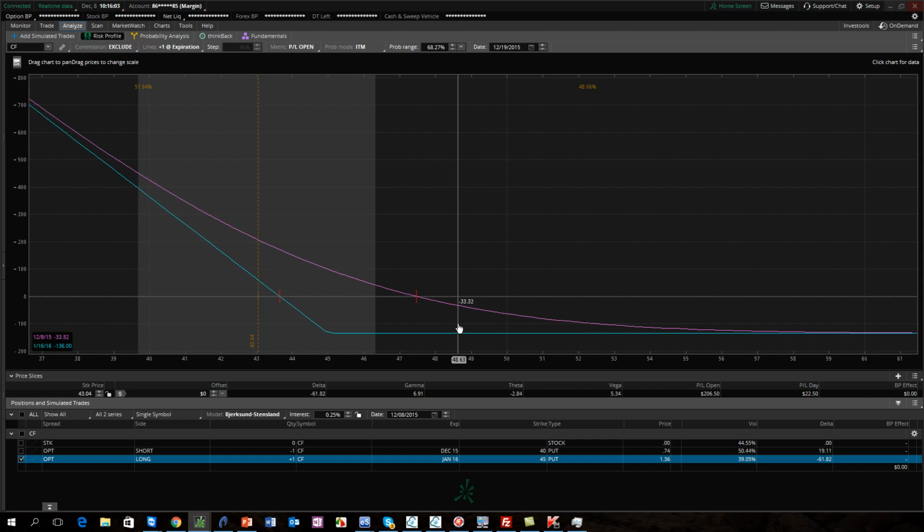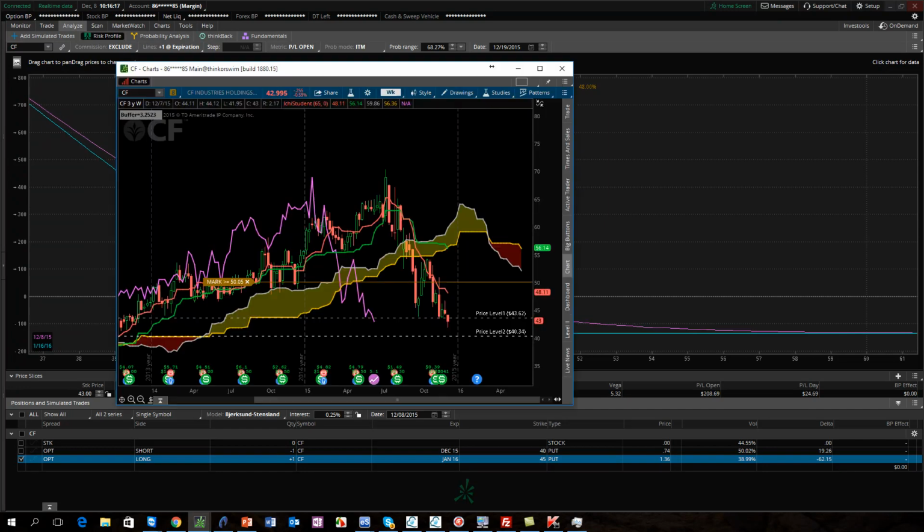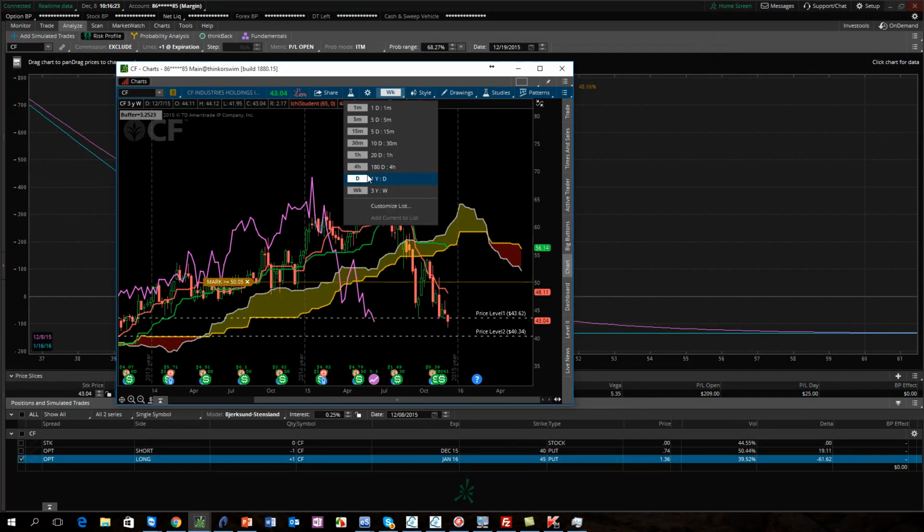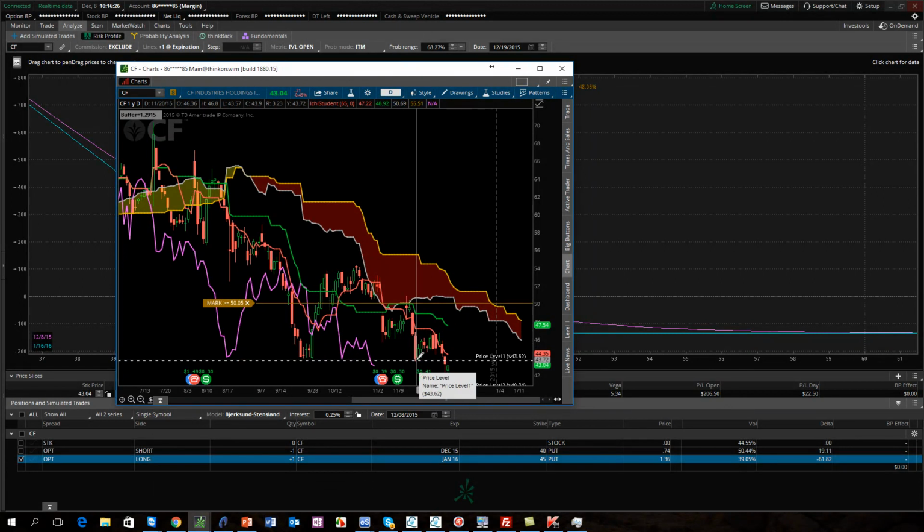Now, one of the things that we did was that based on the charts, we noticed that it had gotten to the pivot low, and let me bring up the charts again. We had noticed it got to the pivot low down here on a daily time frame, which was a couple of days after we entered this trade. So when we got down here, we still thought there was some more downside movement, but what we wanted to do was hedge it. That's what we're about to show you, the hedge trade too. So right when it got to the pivot low, retesting that pivot low, we still thought there's some downside there. So what we did